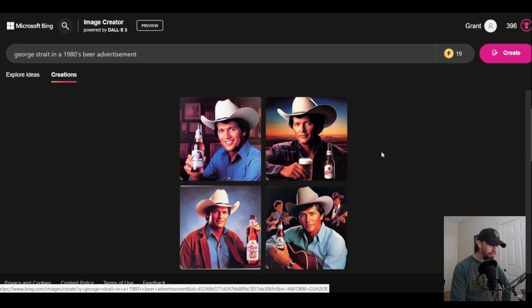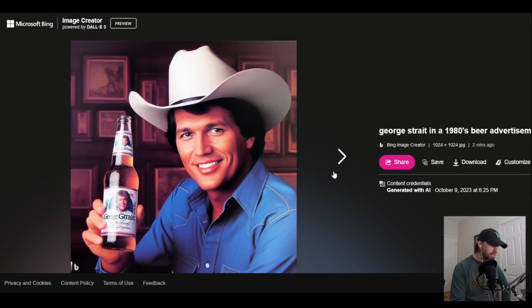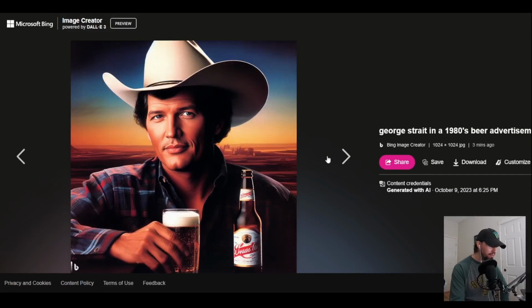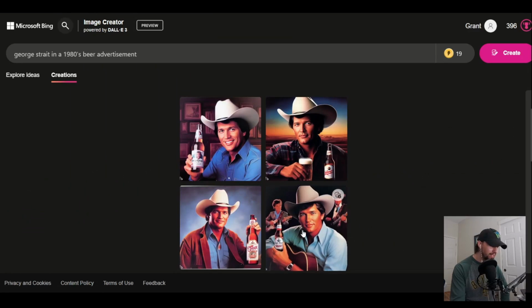Okay, so here are the 4 pictures it's given us, and I would say it's actually somewhat more accurate. Look, it says George Strait beer. It looks better than the first ones that I did. This actually looks like him if George Strait was Latino. If George Strait was Latino, this would be accurate. It's still off somewhat. It's getting slightly better, like with the facial structure, but it's still not perfect.